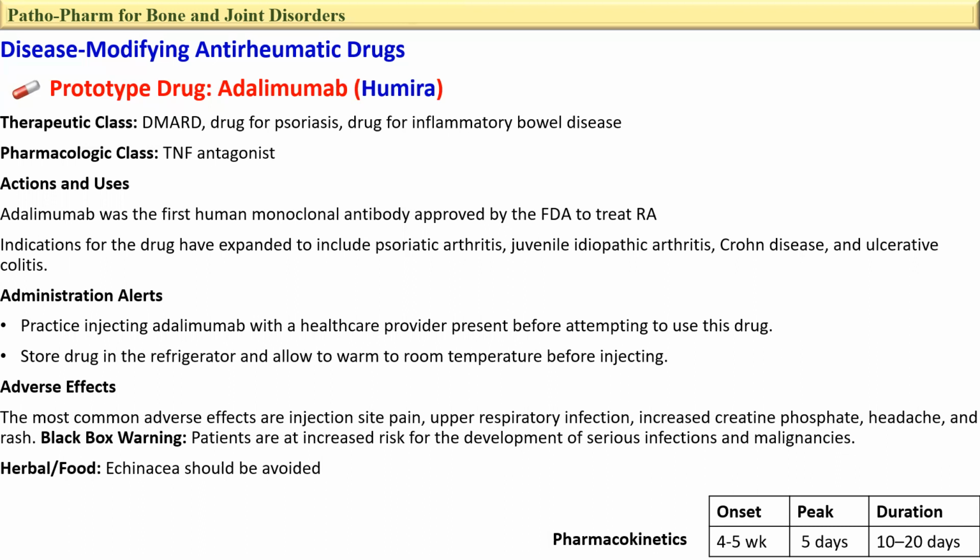So both are DMARDs with two different indications. Humira is more effective in patients with psoriasis, with IBD, in which the indications here